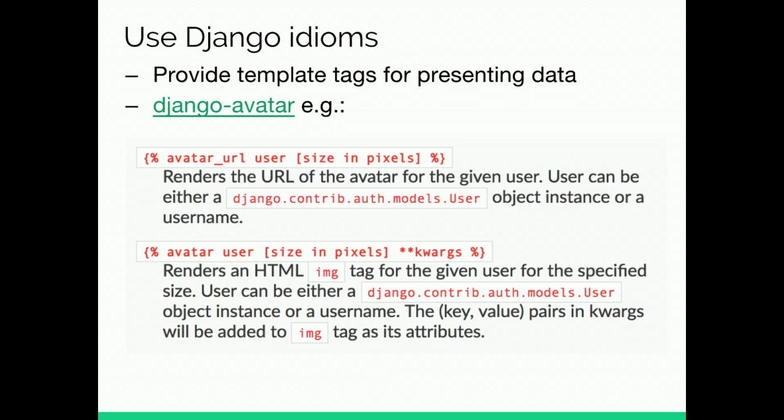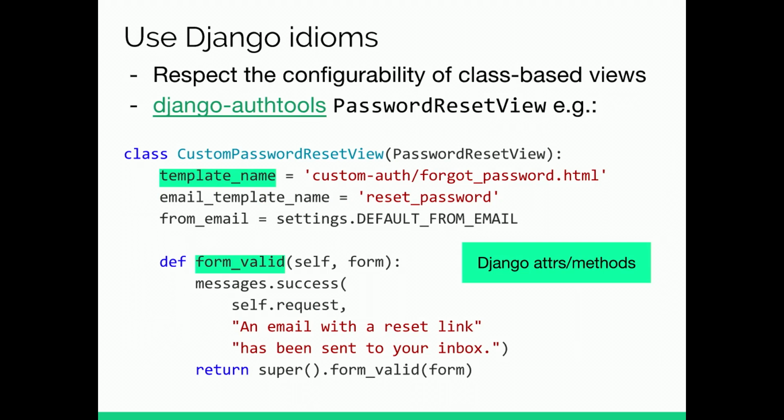You can just show a user avatar, a user social avatar, using the avatar URL or the avatar template tag. You should respect the configurability of class-based views. For example, Django auth has a password reset view that you can inherit and customize because it respects template name, form valid. It respects Django attributes and methods. So you can configure that really easily because those are abstractions, constructs that Django has, and this library